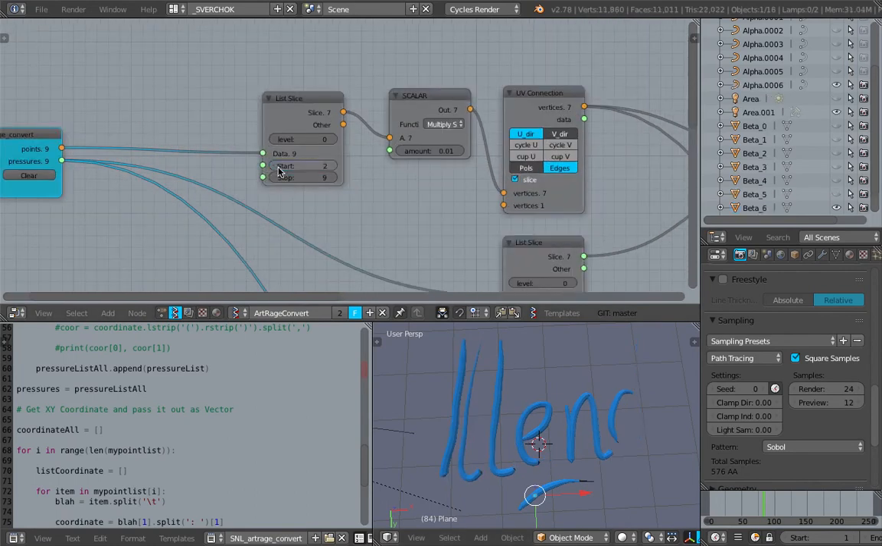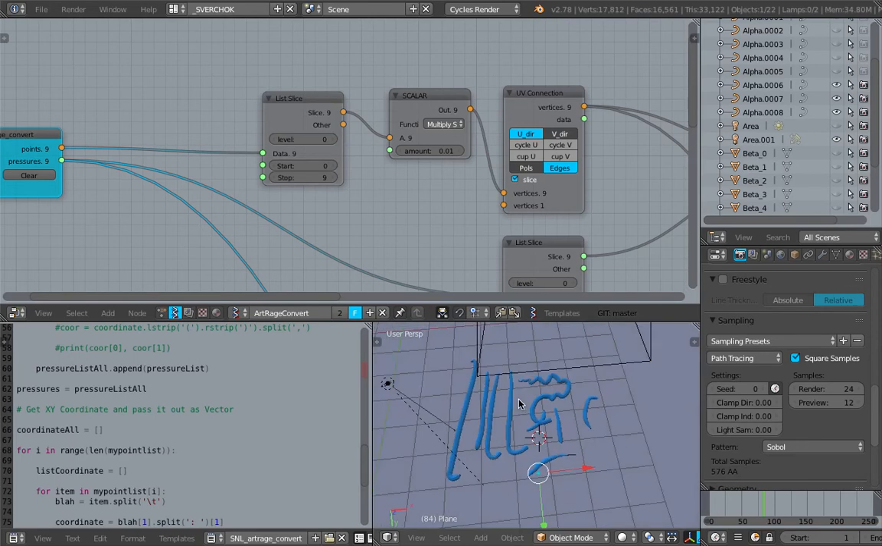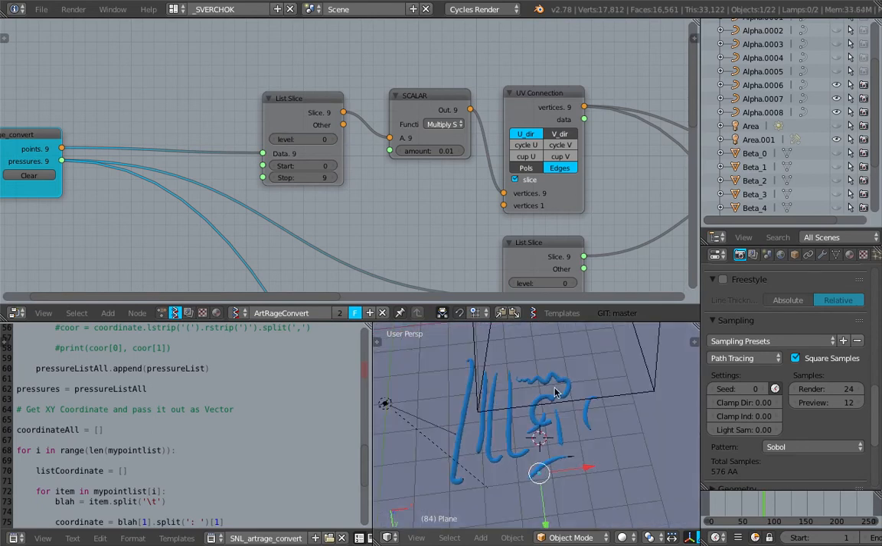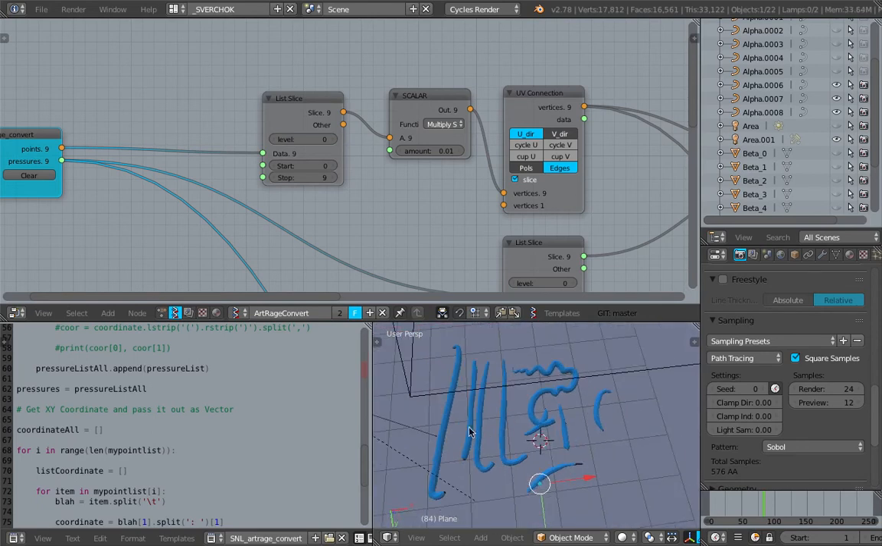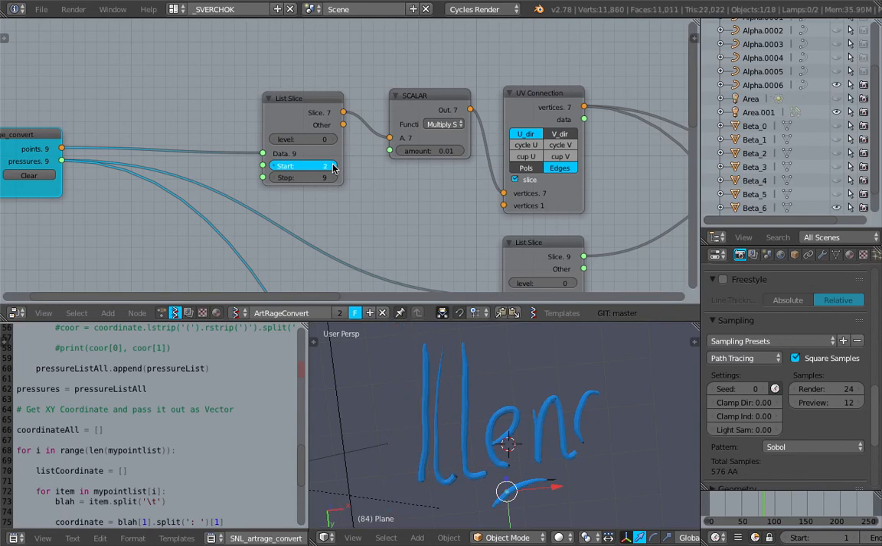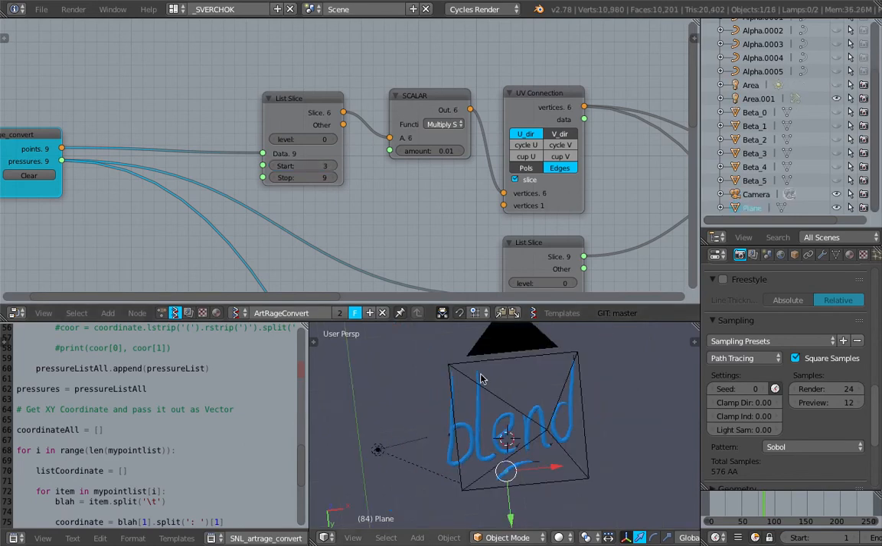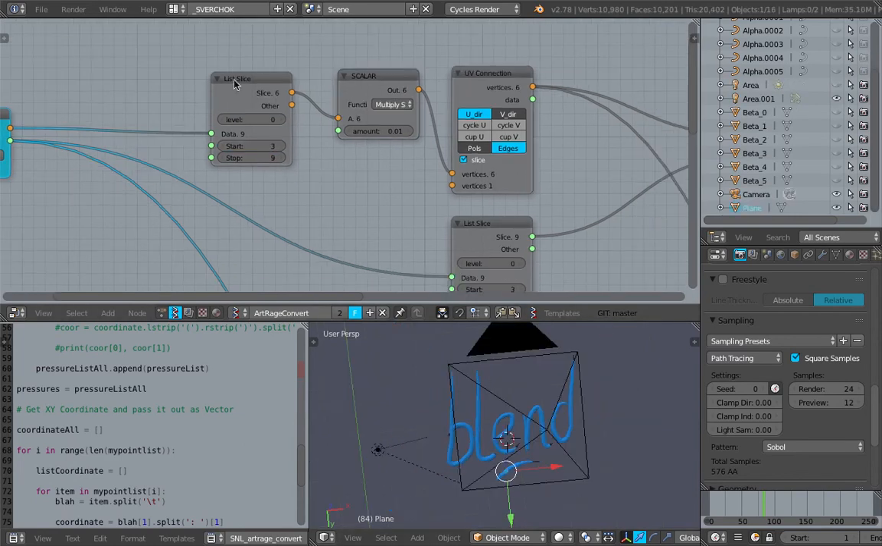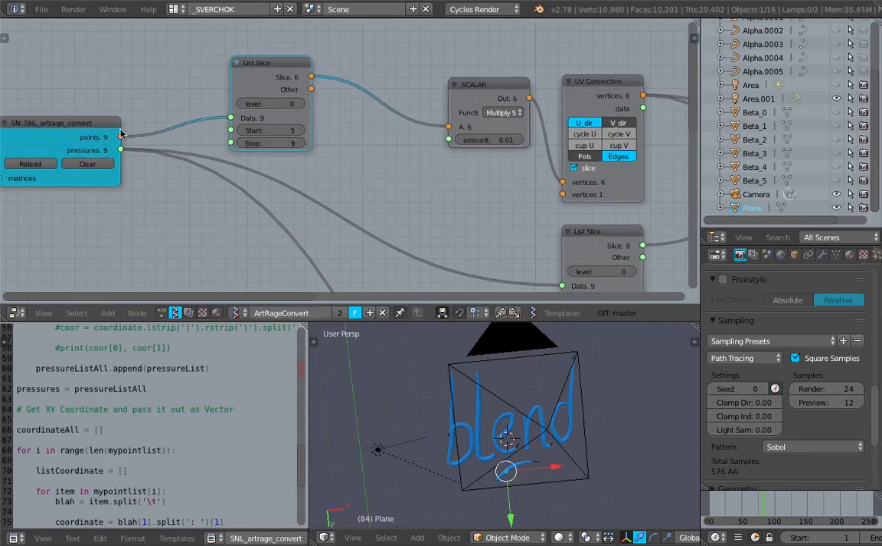If I look at all the data, remember at some point I made a mistake in ArtRage and drew these random strokes. It's actually coming with it, and I just need to slice the data and get the part I need. So this is the blend data. This is the points data. I can just